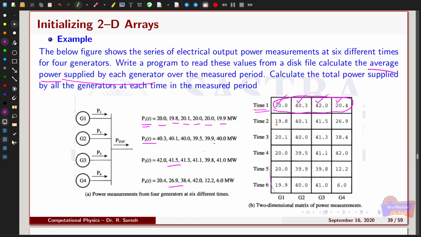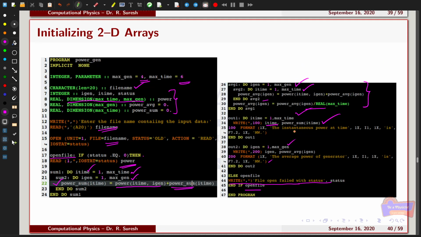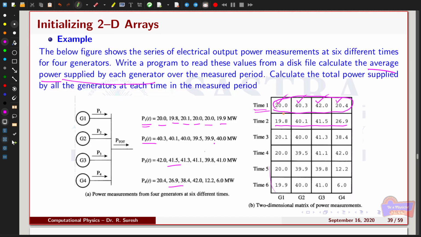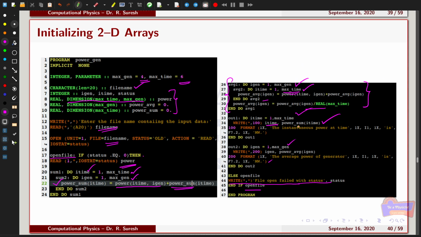So this time you are taking these values to take the sum or average. However, this do loop works differently than the other do loop, where in the innermost do loop you are changing the max time. That means every time you are calculating the average for the first generator, that means the total power generated by the generator for each time. So you have to take the average of that, and it is stored in